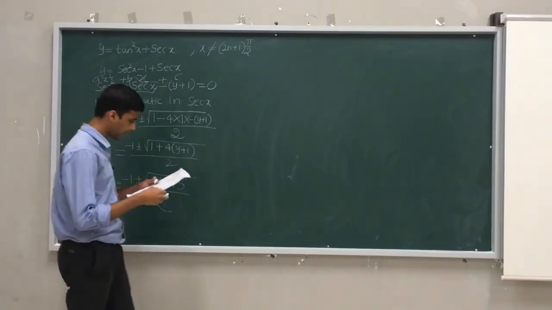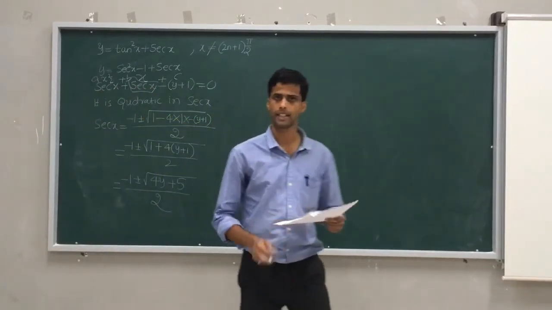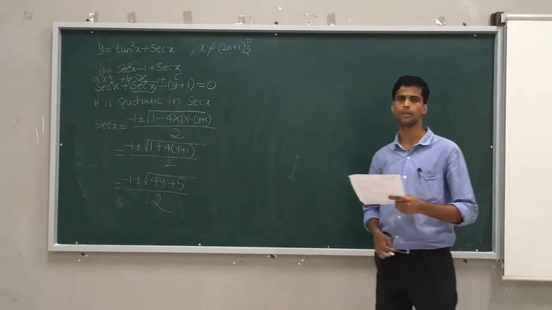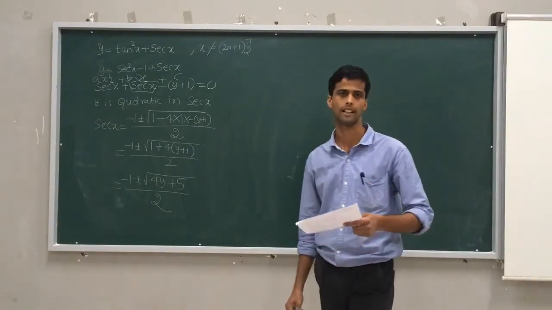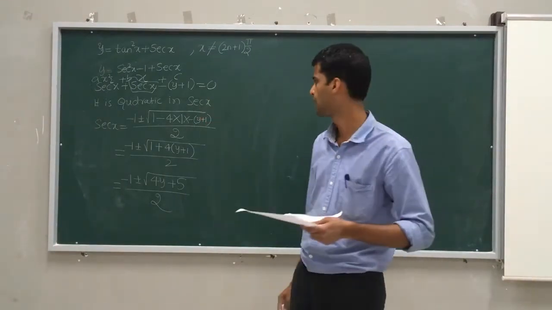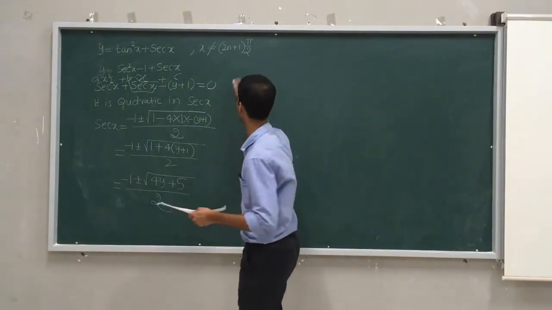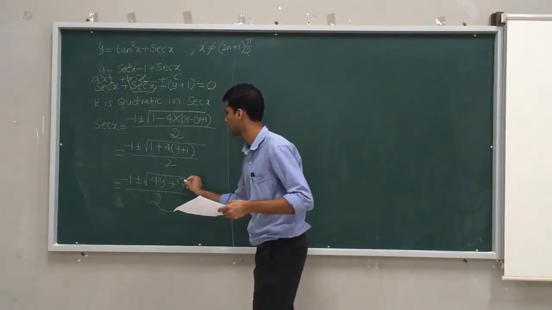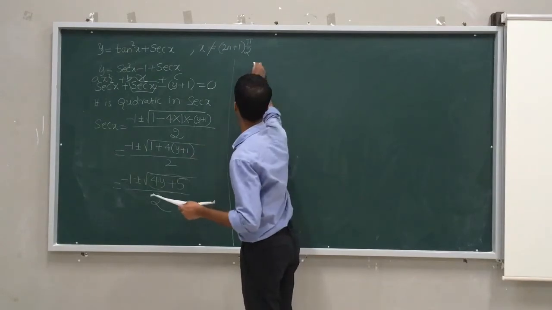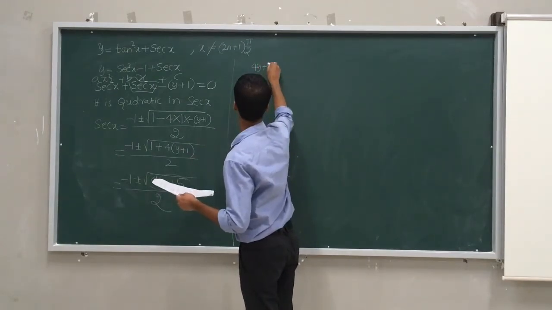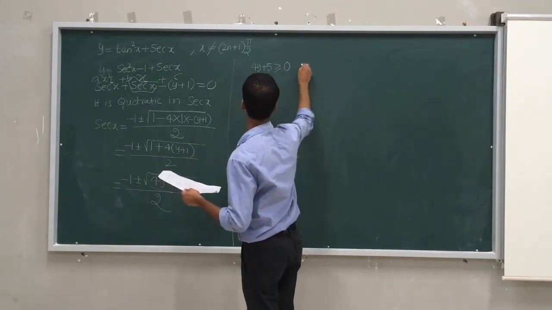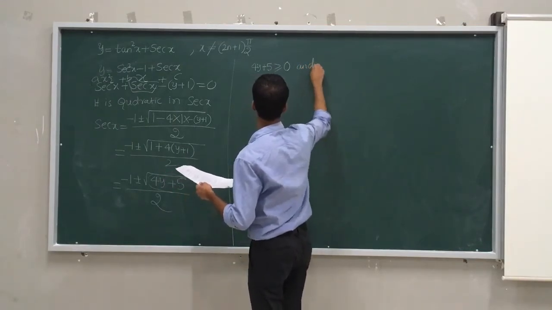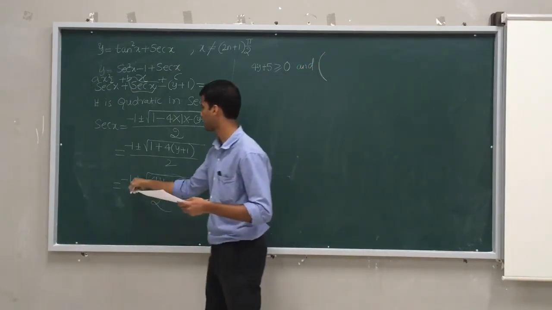Now we all know that x is always a real number. We are speaking about a trigonometric function, so we never think about more than real numbers. The maximum availability is real numbers. So obviously we can call this quantity a discriminant. Therefore 4y plus 5 is greater than or equal to 0. And now we got two expressions.